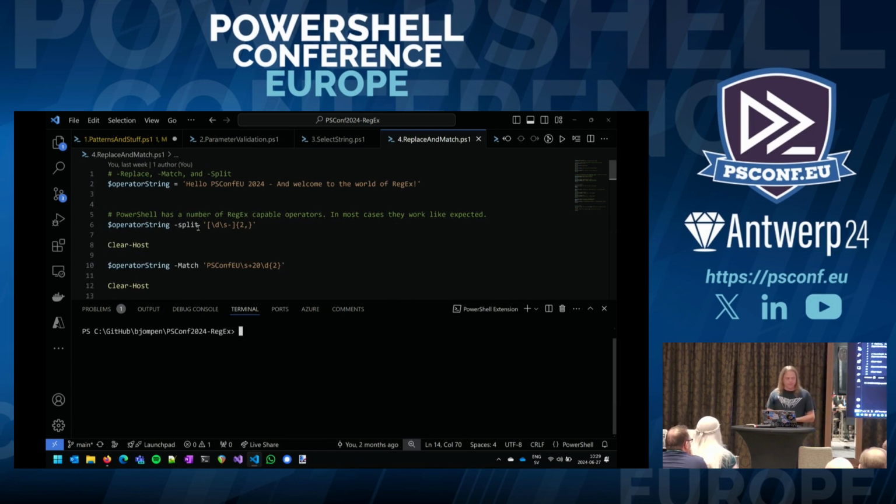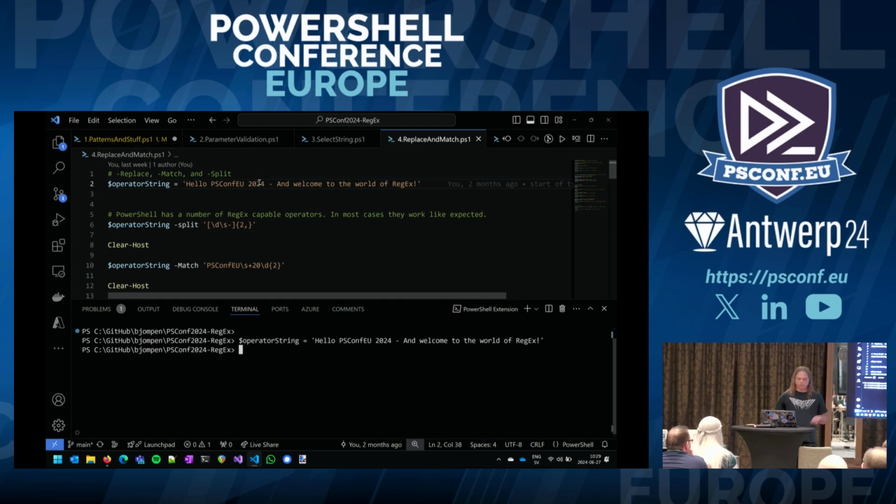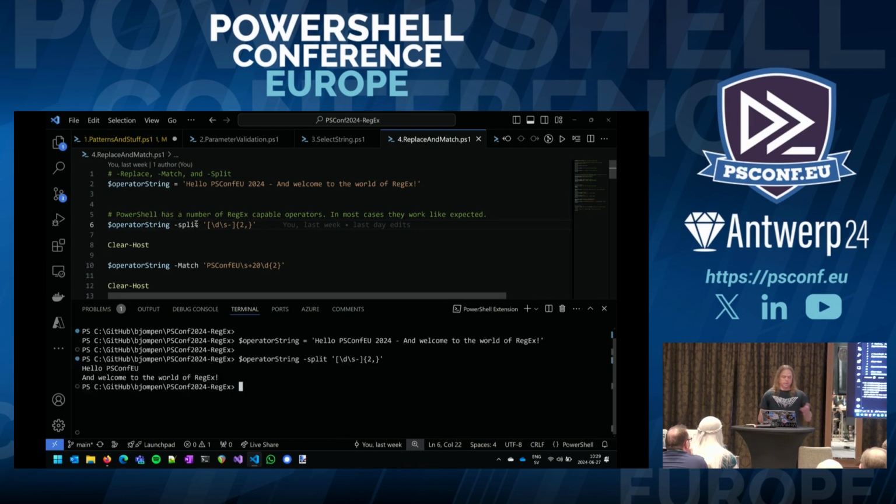So, yeah. Like I said, we have a couple of operators that we can use: replace, match, and split. Let's start with a string, as always, because it's easiest to read. And we can do stuff like split on, in this case, digits and spaces and the dash, 2 or more, which means we will split on the entire string this.